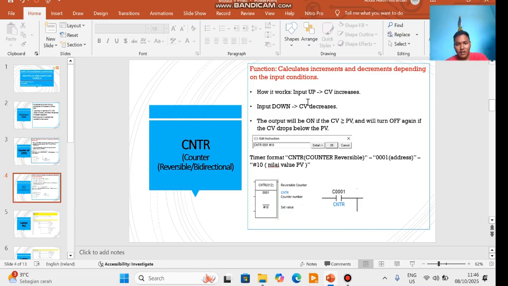How does it work? First, the user gives an up input, then the counter value increases. With a down input, the counter value decreases. The output will be on if the CV is greater than or equal to the PV, and will turn off again if the CV drops below the PV.